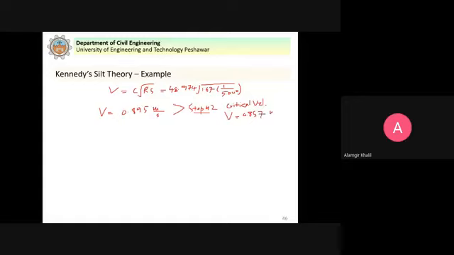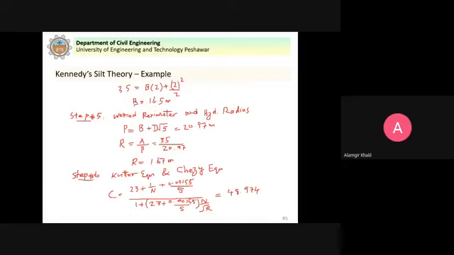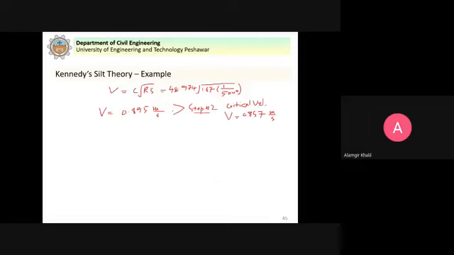0.857 meter per second. Now you can see that if these values were exactly the same, then the solution will terminate here, and we get the dimensions for the channel section. That the bottom width is 16.5 meter, the depth is 2 meter, the side slopes are half is to 1, and the other data that is given, longitudinal slope 1 in 5,000.